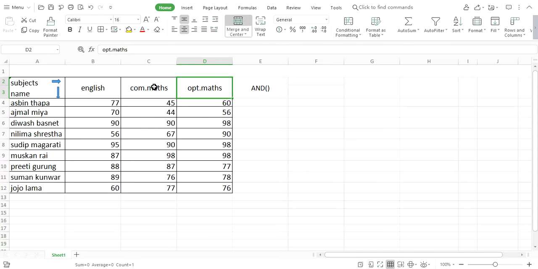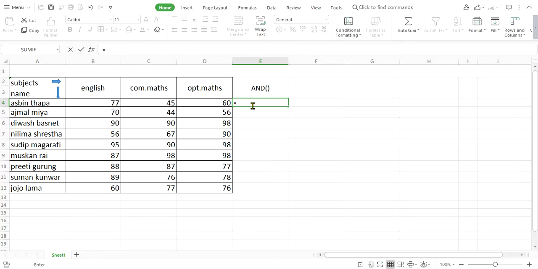Okay, the condition is I want to print the result in this column for those students who get more than 40 marks in both the subjects, compulsory math and optional math. Here we have to fulfill the two conditions simultaneously. We have to fulfill the two conditions that the students should get more than 40 marks in both the subjects, compulsory math and optional mathematics. Okay, let me do that example.